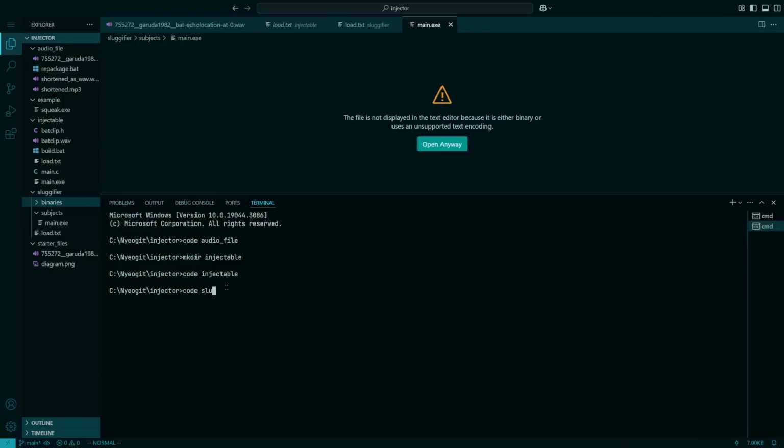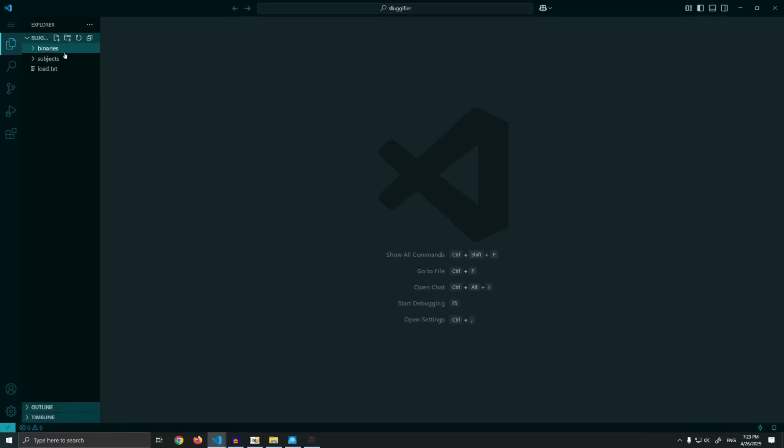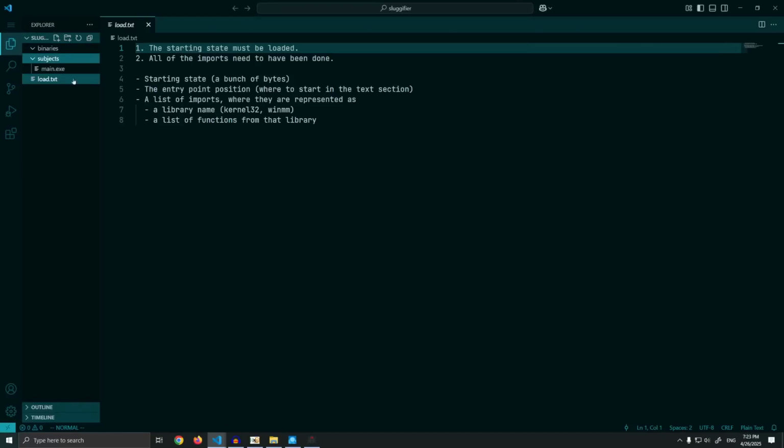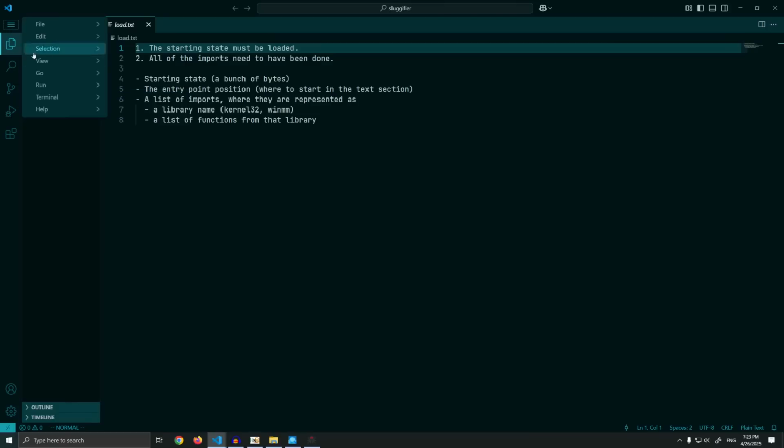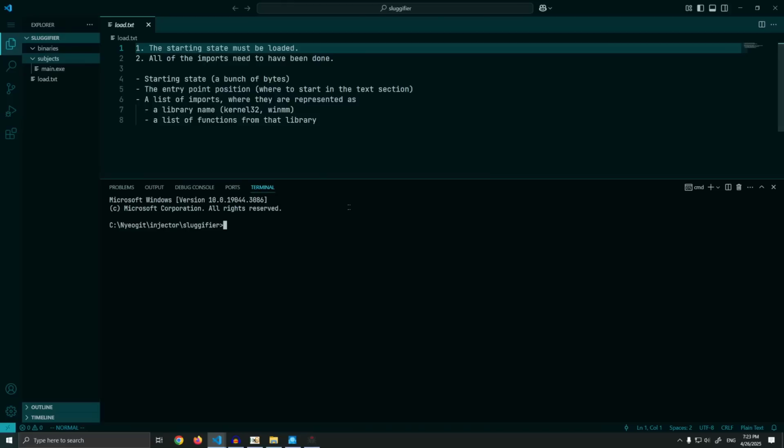So let's go to the Slugifier, which has a binary. I believe it does. Well, it doesn't yet. It has a PE binary, which is to say an exe file. When I say PE binary, just think DLL file, exe file, file that contains code on a Windows machine or a DOS machine. Yes, so we have that, and that's looking pretty good. What we don't have is any program to produce the thing that load.txt describes. So